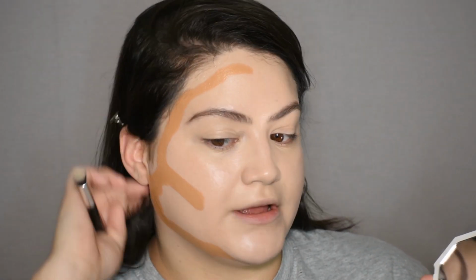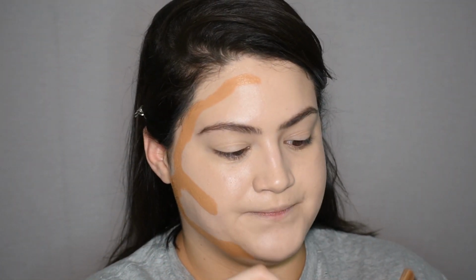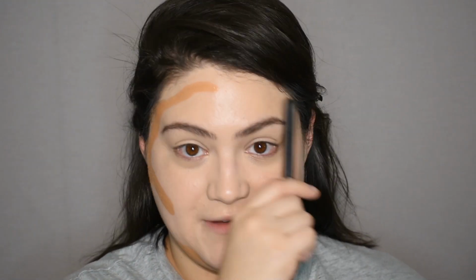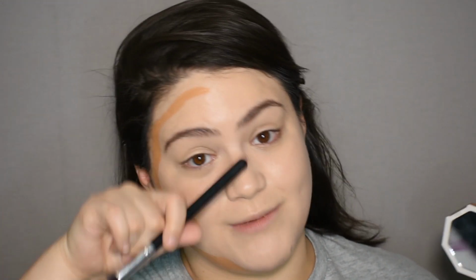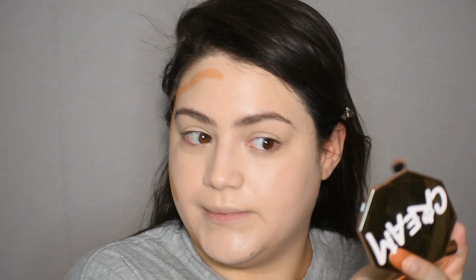This is perfect for bronzing, but this is also good contour mix. So I'm gonna take this little small kabuki. We're going to coat it, and then we're gonna start with the placement. I don't necessarily need to do anything to my forehead because I have a round face and a small forehead. So the way I would apply this,